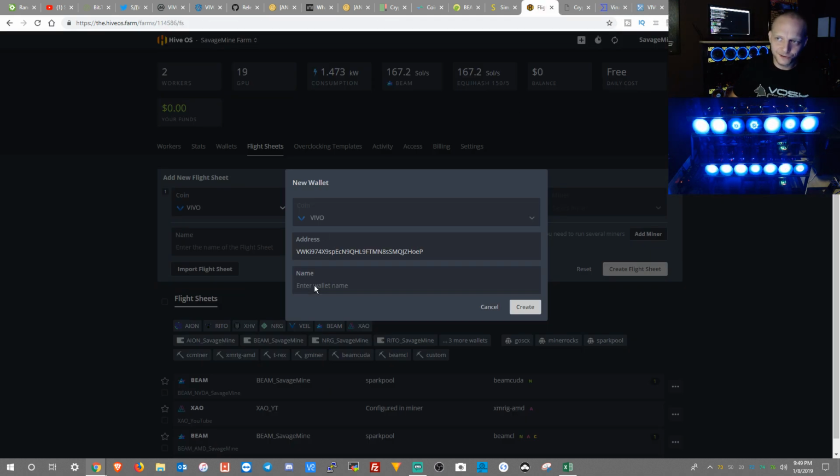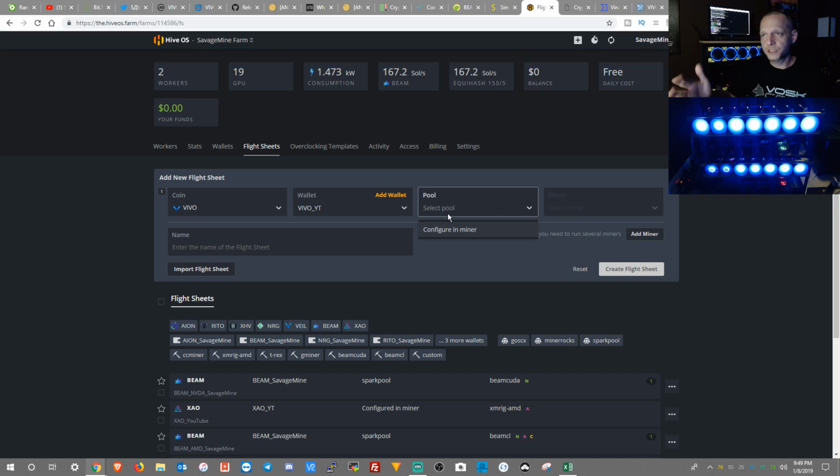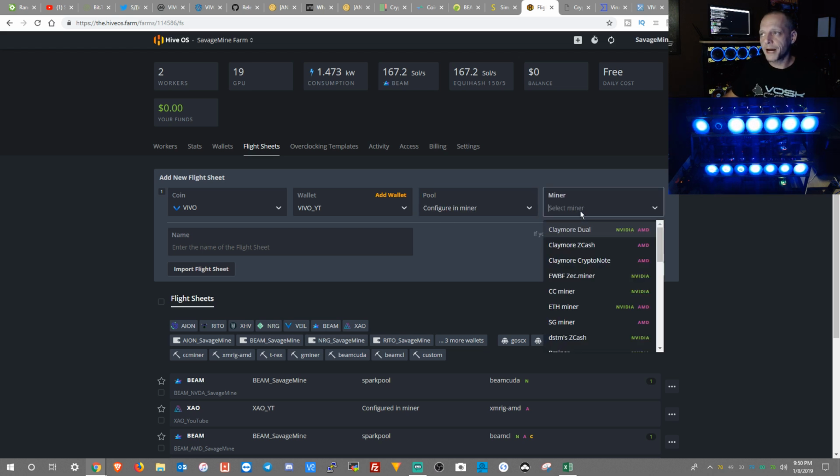All right, so for the wallet name, let's go ahead and call it Vivo YouTube, and then we will create that wallet. For pool, it looks like they don't have any pools inside of HiveOS automatically for this particular coin, so we're going to have to configure it in the miner, and then we're going to select the miner. Now, it is a NeoScrypt coin, and I think that we are supposed to choose